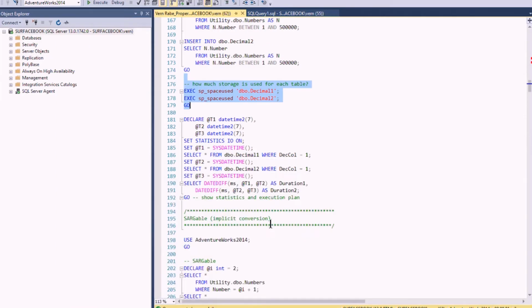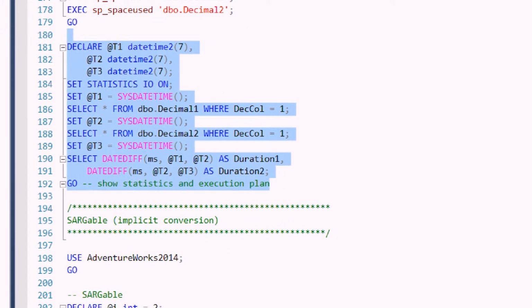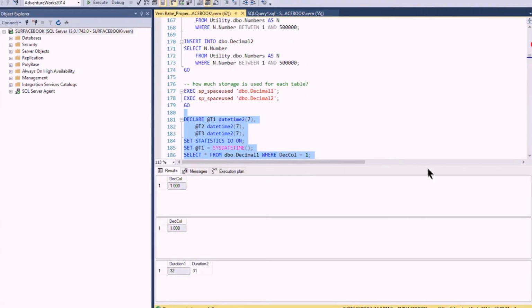And to show that that in fact does impact performance, here's a query that I'm going to simply query from both of those tables. And I'm going to have one predicate of where the column is equal to 1 for both of them. There's decimal 1, decimal 2. And I'm doing a timestamp in between them so I can see the duration of each of those. And I'll also look at the execution plan. And when you execute that,